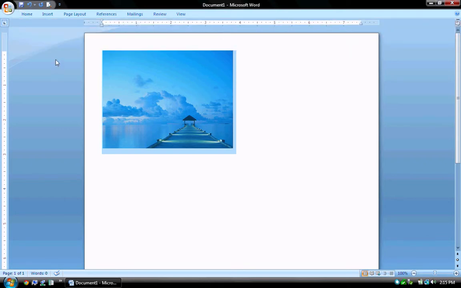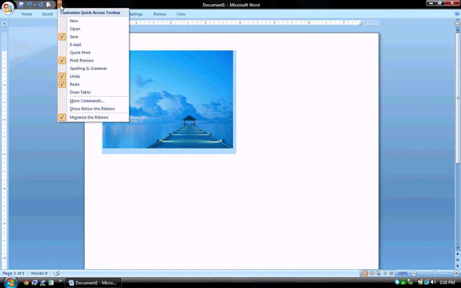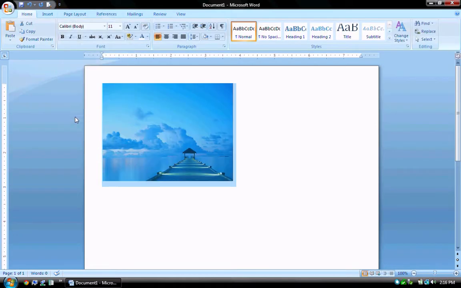Most people like that ribbon to stay visible, and you can change that setting simply by moving your mouse pointer up towards the top here, and there's a little button. When you roll over it, it says Customize Quick Access Toolbar. If you click this button and scroll down to the bottom, it says Minimize the ribbon, and that's checkmarked. I'm going to uncheckmark that, and you'll notice now that the ribbon stays visible even if I click within the